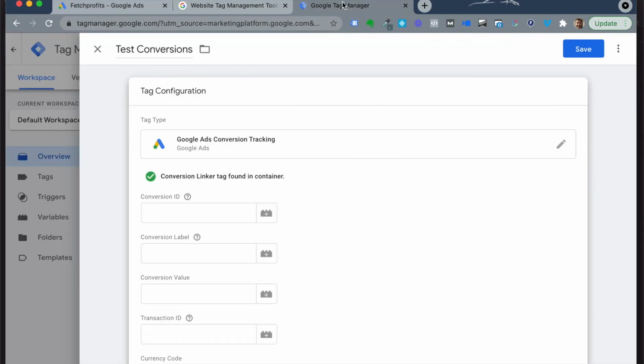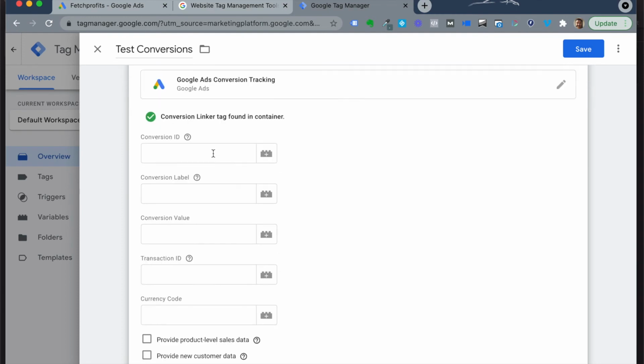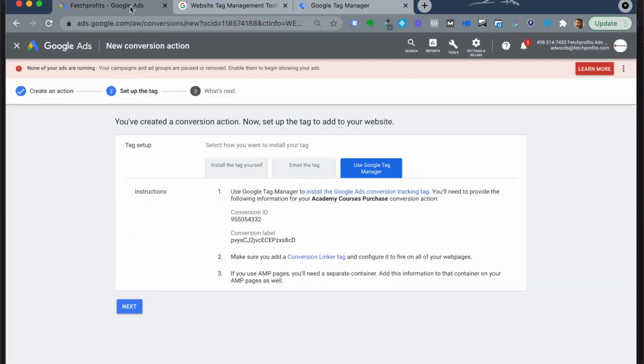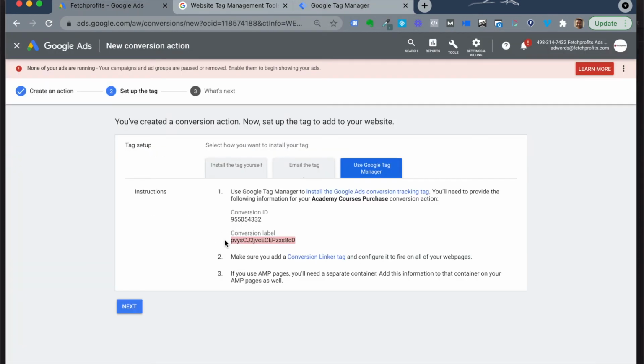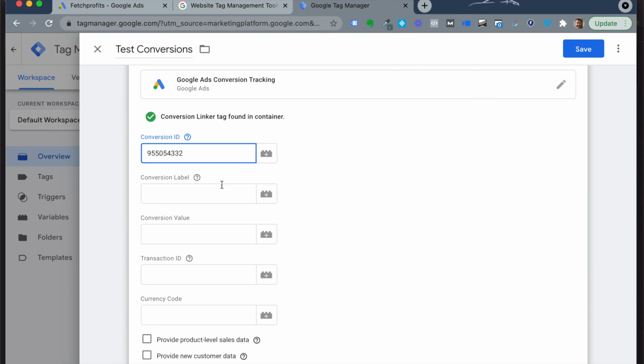Assuming you have this information with you, you could just come in, choose Google Ads Conversion Tracking, and then add the conversion ID which shows up in this window here. So pick this conversion ID and add it here. Choose your conversion label and add it here where it says conversion label. Remember that you would have given a conversion value for the kind of conversion that this is. So let's assume that this is a lead generation conversion and we have assigned a dollar value of 5. Add 5 here and you can choose your currency.